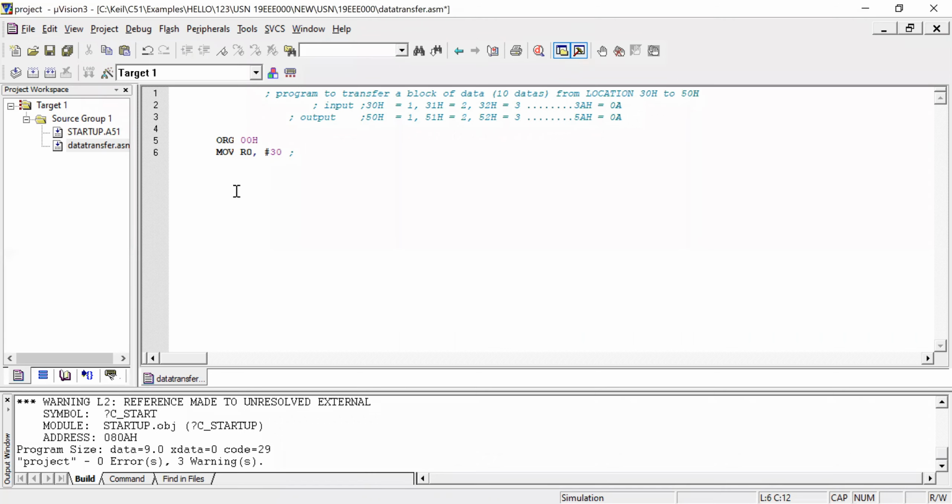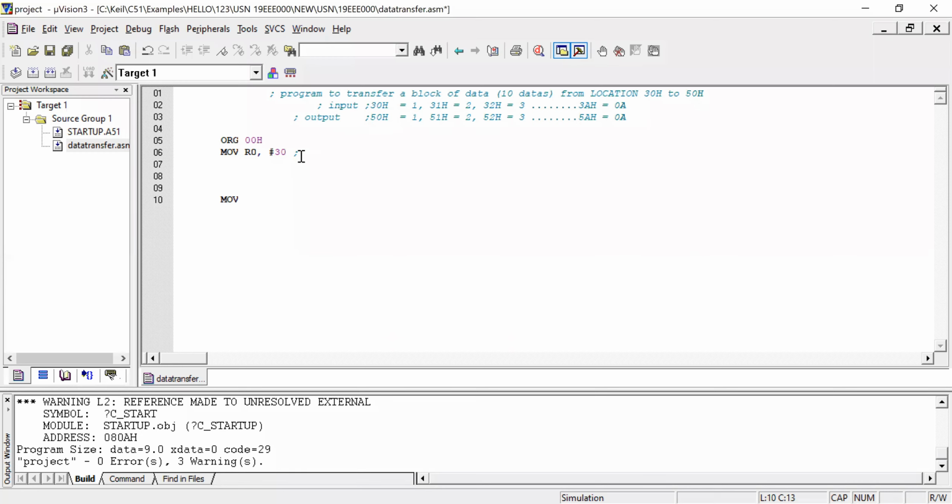Now, MOV A, @R0. This is another instruction which tells you that whatever data is at 30H is moved to the accumulator. So now the accumulator has the data 1, because initially you loaded the value 1 in 30H.